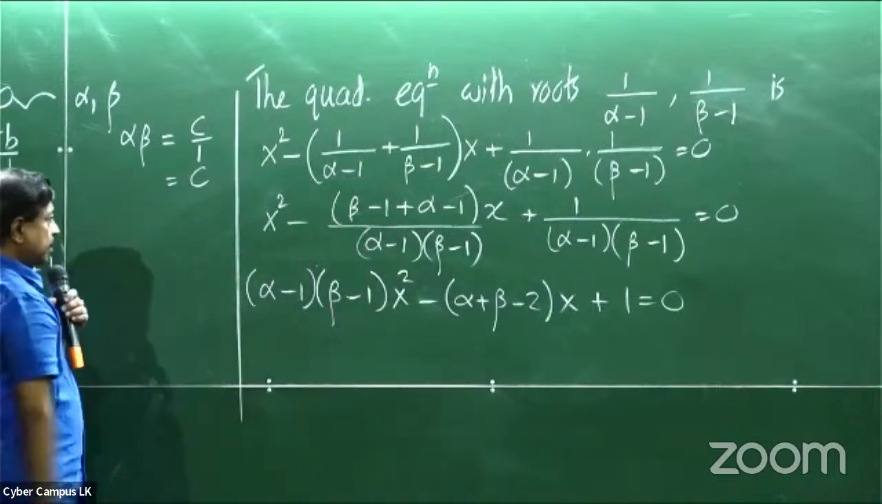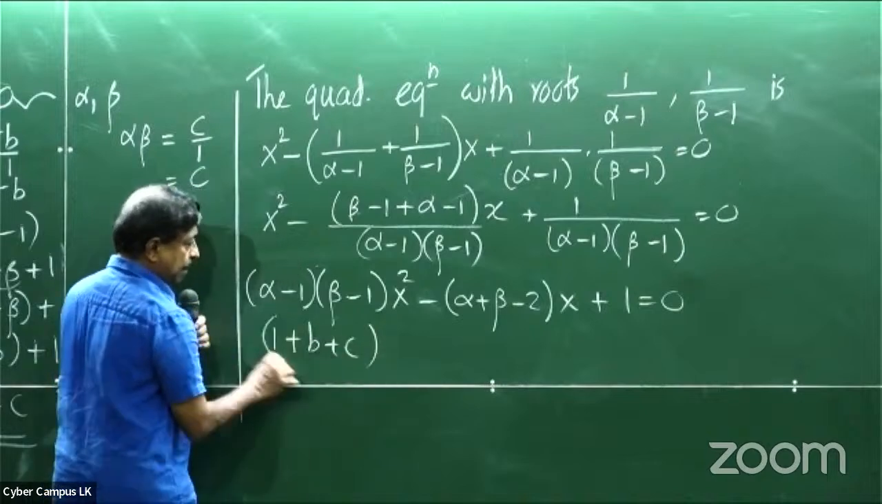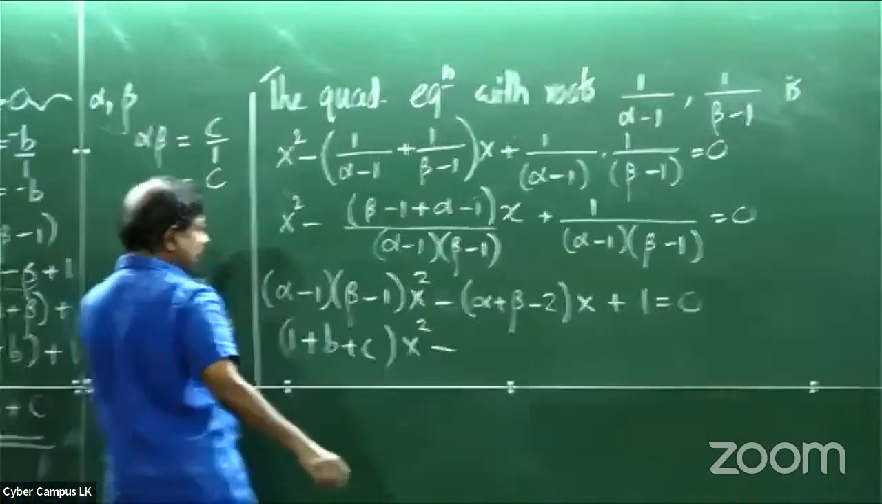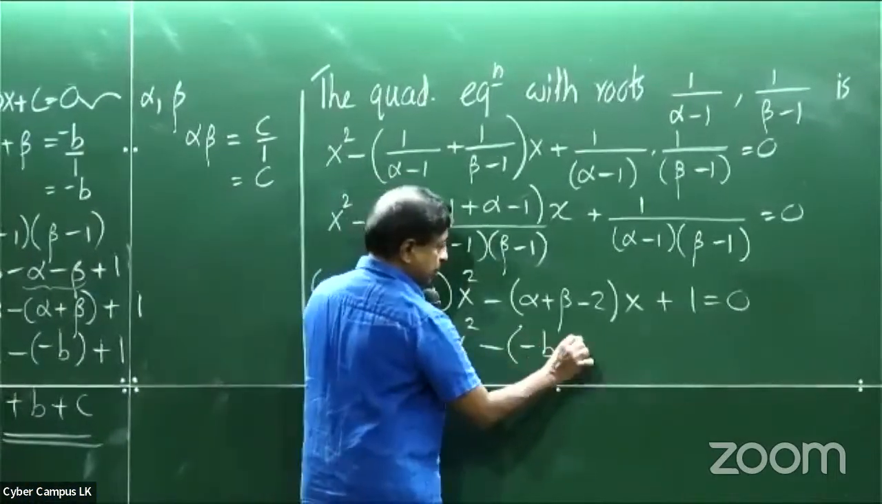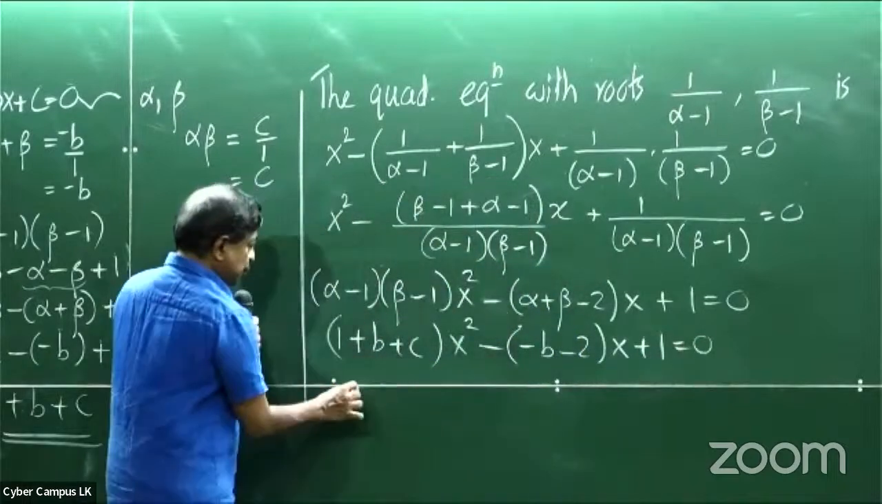Now let's plug in the respective terms. This is 1 plus b plus c. Alpha plus beta is minus b. So you get